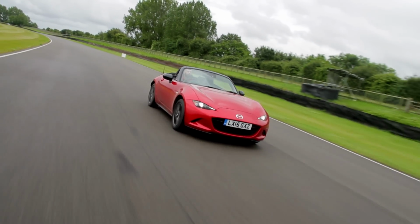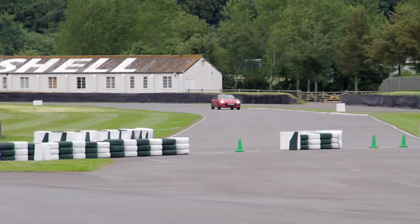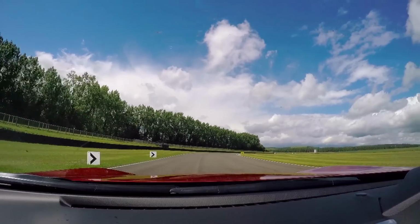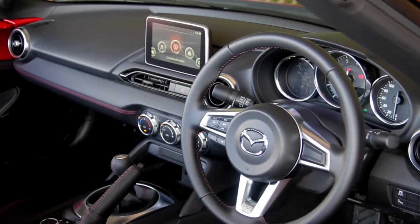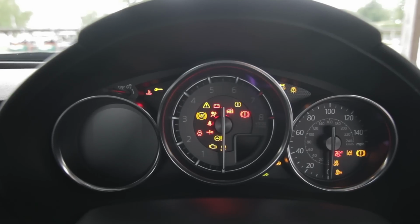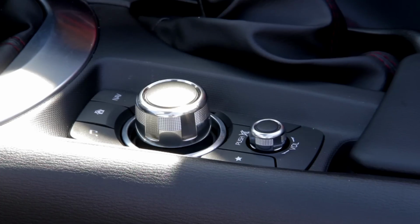So what's new with the Mark IV? Well, the looks are definitely back to basics. This car is lower, shorter and stubbier at both ends than the Mark III, which has helped trim some of that fat that's built up over the years and decades. This interior also features some technology that will feel pretty space-age to anyone who owned the original 1989 car. It's got two USB ports, this floating screen for the infotainment system, and a scroll wheel here that's a bit